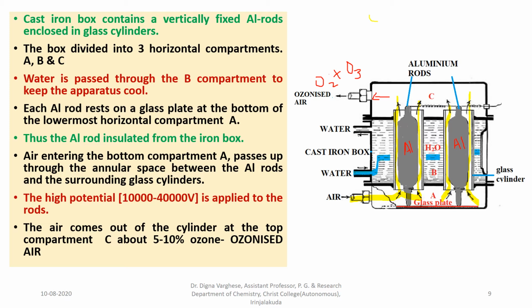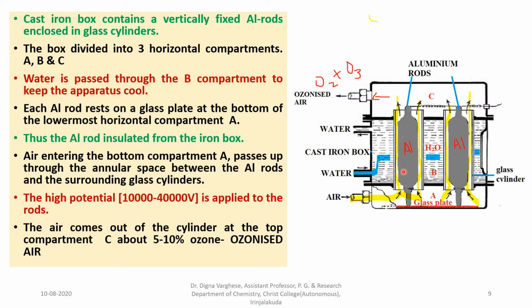So I will explain this once again. The iron box is a cast iron box which contains 2 aluminum rods, kept in a compartment and placed on the glass plate. Thus it is insulated from the iron box, and water is filled in the B compartment in order to cool